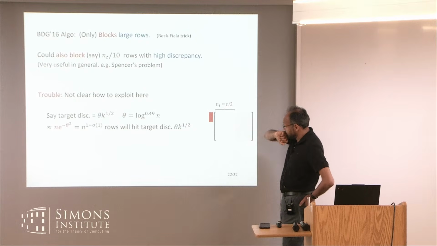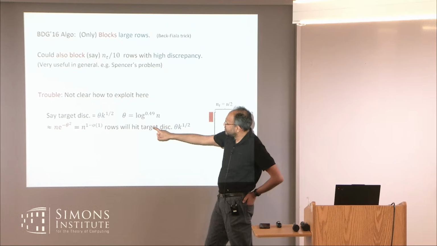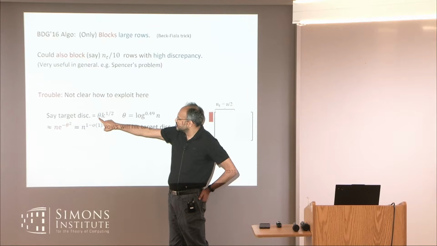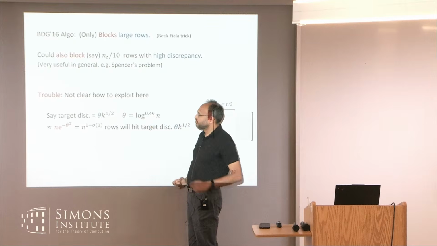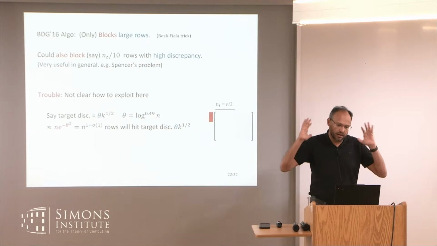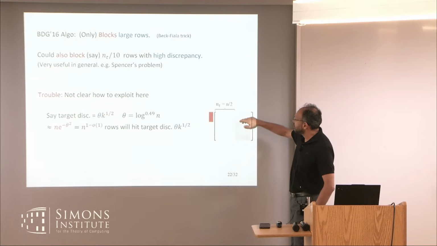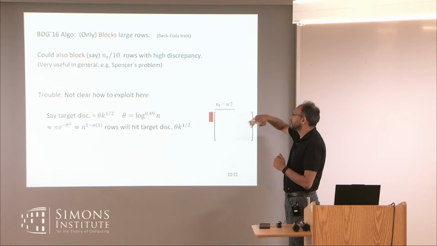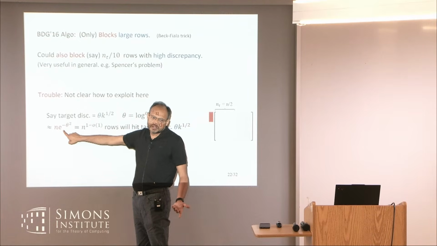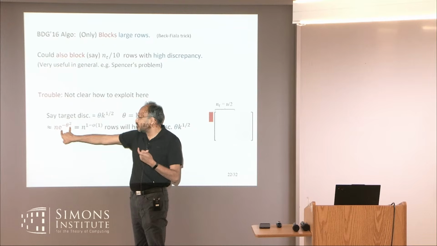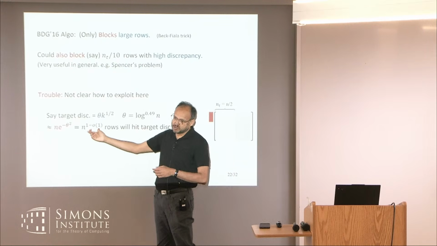So this is an instructive example, so let me go a bit slowly over this. Suppose my goal was even to improve, let me call this parameter theta. This is what I want to get rid of, or improve on root log n, but let me say I want to improve it ever so slightly. So that's my target. I don't want discrepancy to exceed this. And let's say we apply this previous idea. Large rows are always good. Small rows start doing their thing. And I would expect this many to become bad at some point, because by Chernoff, the chance that a particular row becomes bad is this. And if my theta is slightly less than root log n, this is already almost n.